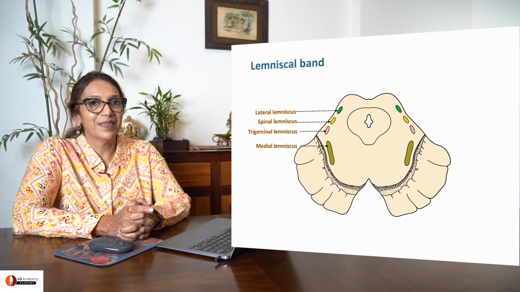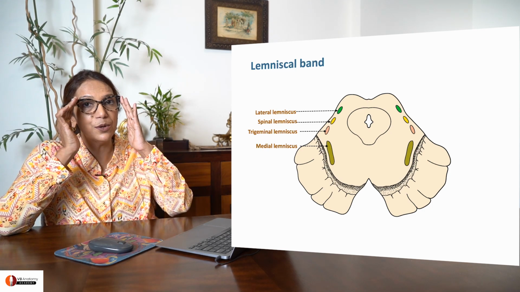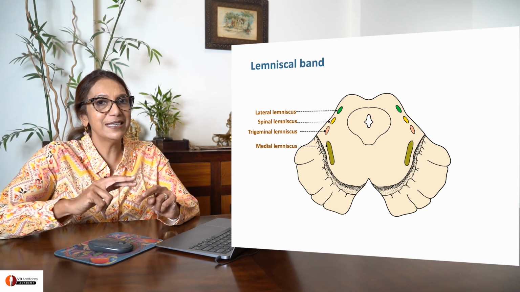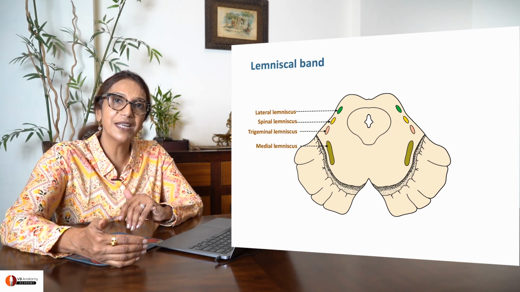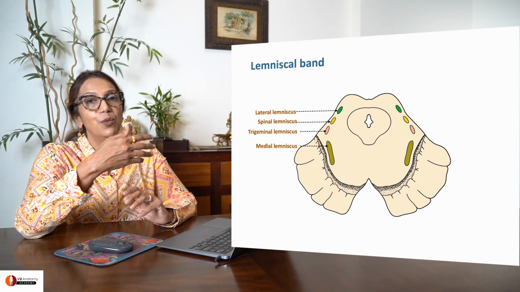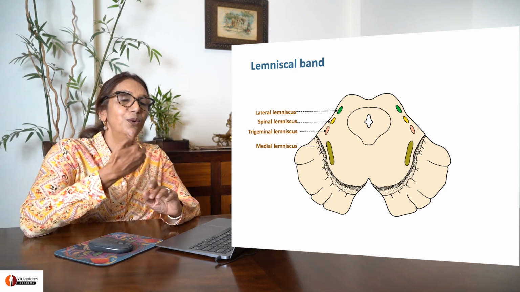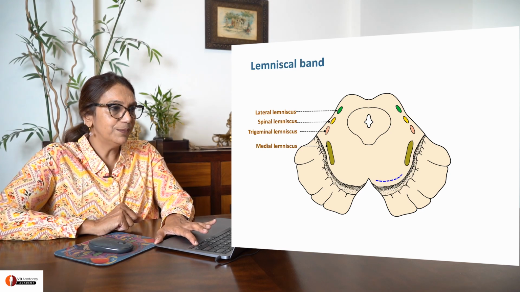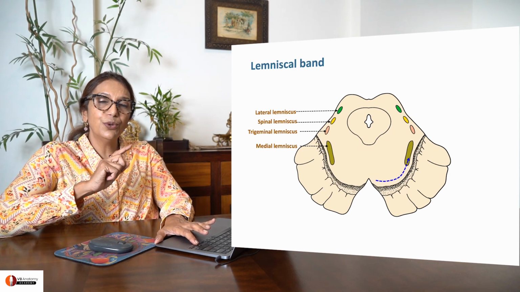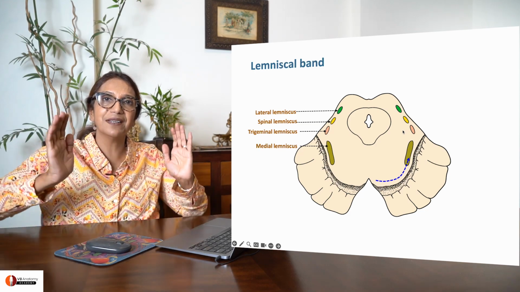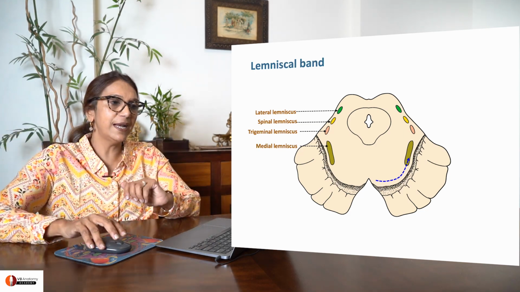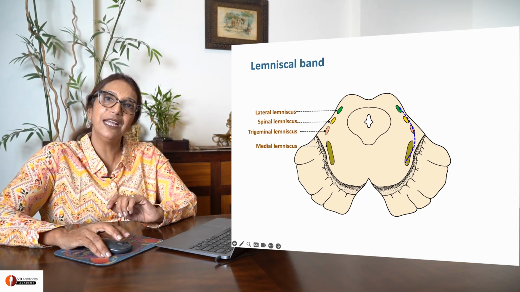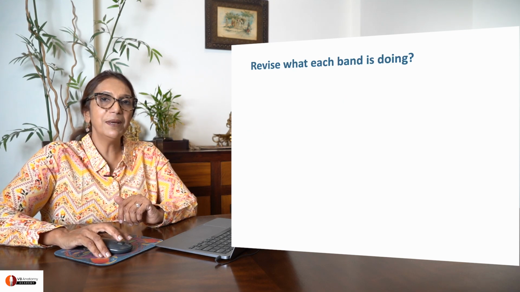Now what do we do? We always use the same method I have taught you earlier also. 2 steps forward, 1 step back. Yes? 2 steps forward, 1 step back. That means the 2 steps forward you have taken is drawing the lemniscal band. What is the 1 step back you're going to take? You're going to go back in your mind and ask yourself, what are all these? Okay? So, the first thing you should note is that the lemniscal band has shifted. Remember in pons, the lemniscal band was quite anteriorly. In midbrain, the whole thing has shifted a little more laterally and posteriorly. Okay? Now we'll begin to revise them.